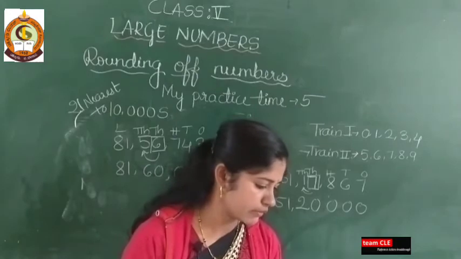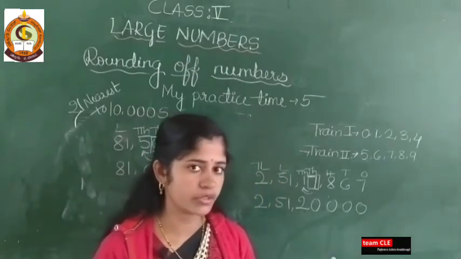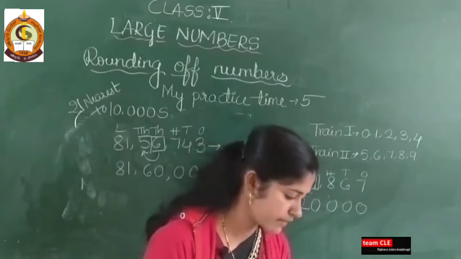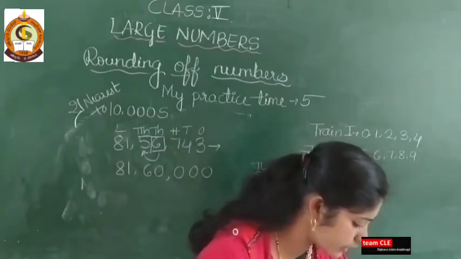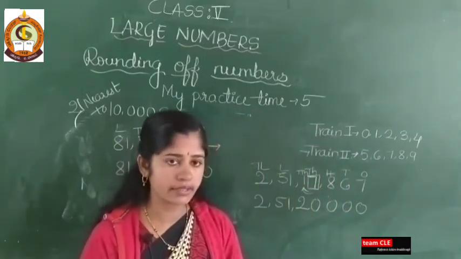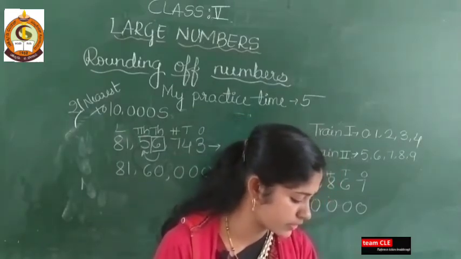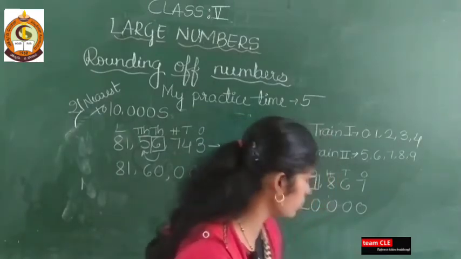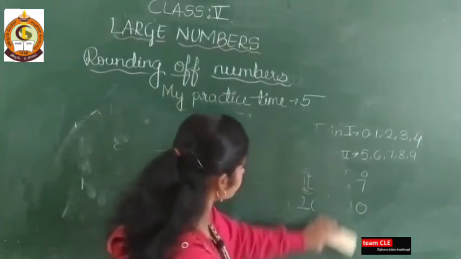See here they have given 4 examples. Among them I have solved 2. Remaining you do as homework. Then here one more question is there. Mr. Rajesh brought a car for 8,67,596. Round up the cost of the car to the nearest 10,000. So very easy, and that is the third question.